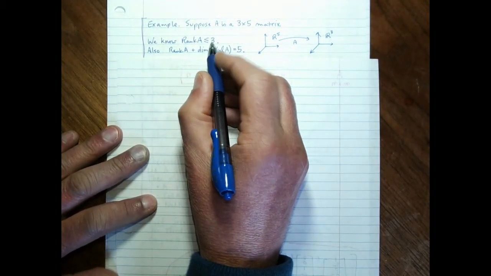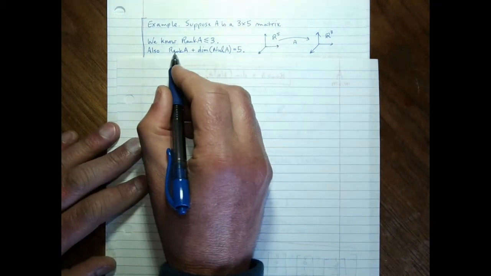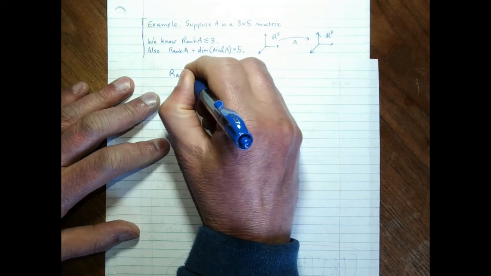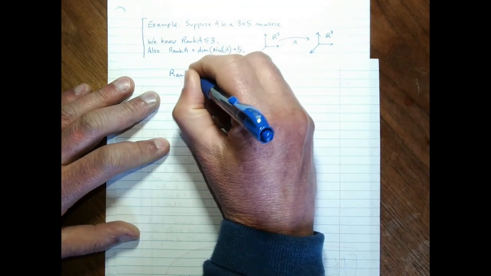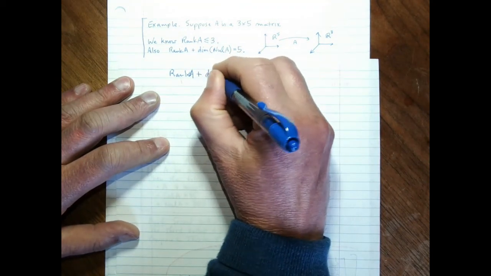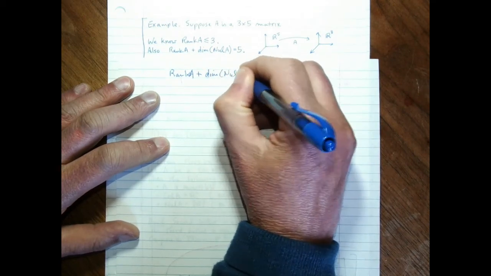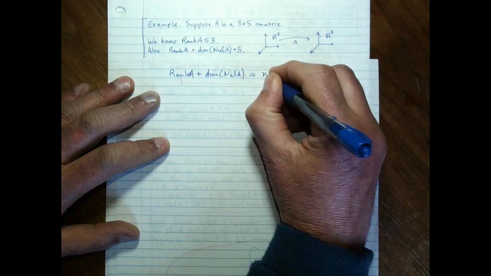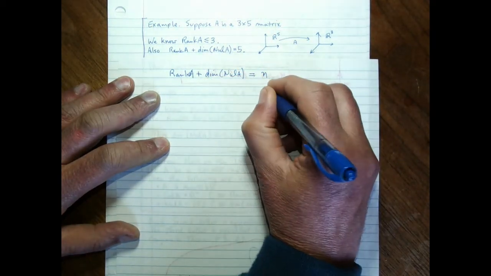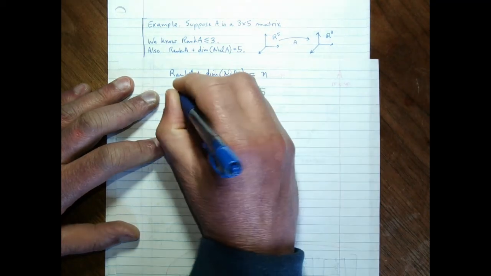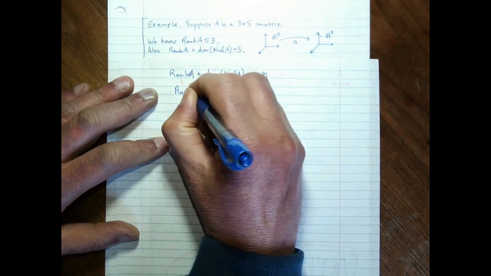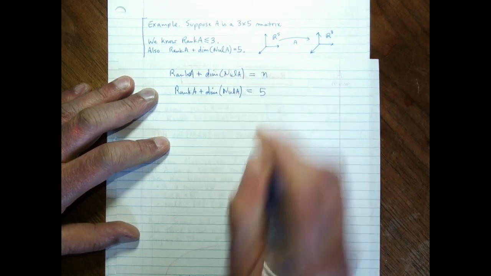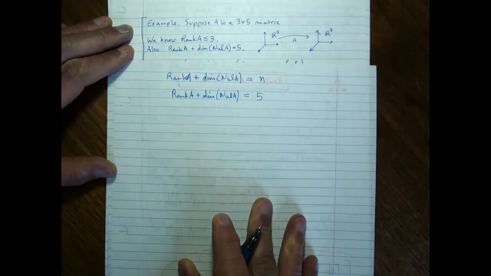Okay. Now here's our rank formula. The rank of A plus the dimension of the null space of A is always equal to, remember, n. So in this problem, that's equal to 5. Rank A plus the dimension of the null space of A is always equal to 5, because